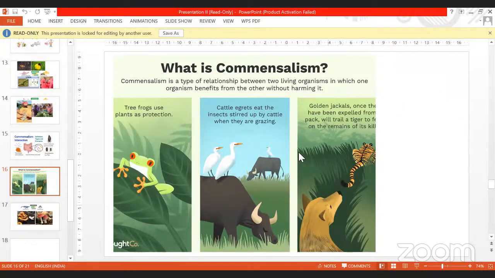Here you see the tiger. The prey of the tiger is what? It could be a deer or any other smaller animals. Now, there are other species of animals, for example, the jackal, etc. They feed on the carcasses of the dead. So they follow the tiger, and whenever the tiger hunts and leaves the carcasses, the jackals feed on that. Then you have these egrets. They feed on the mites that are in the body of the cattle. So you have certain examples this way. You can think of some on your own as well.